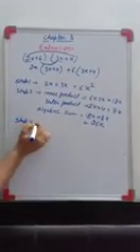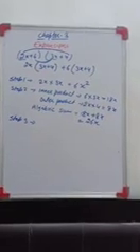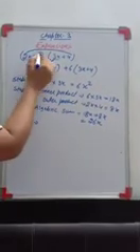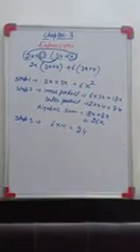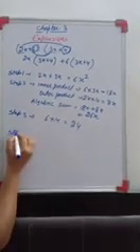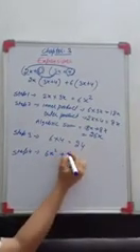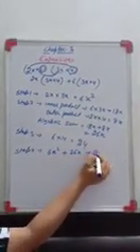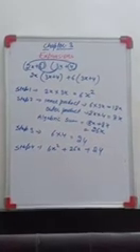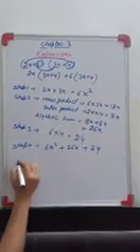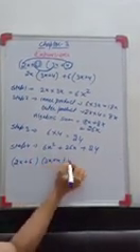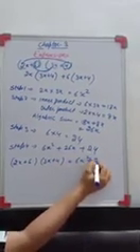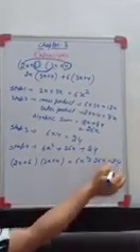Third step is what? You need to calculate the product of second terms. Second term is 6 and 4. So 6 into 4 is how much? It is 24. So step 4 will be what? Algebraic sum of all the terms. 6x square plus 26x plus 24. So this will be your resultant. That means what else I can write? 2x plus 6 into 3x plus 4 is equal to 6x square plus 26x plus 24.